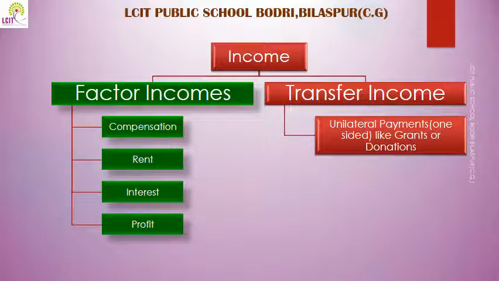So, compensation given, rent given, interest given, profit given, all this will be received. When these incomes are received, they are included in national income. But donation, grants to various institutions are not counted in factor income. It is a transfer income. So it will not be included in the national income as we will calculate for a particular country. So only bilateral incomes are included. If you are giving any product or service and then receiving the income, that income will be included.